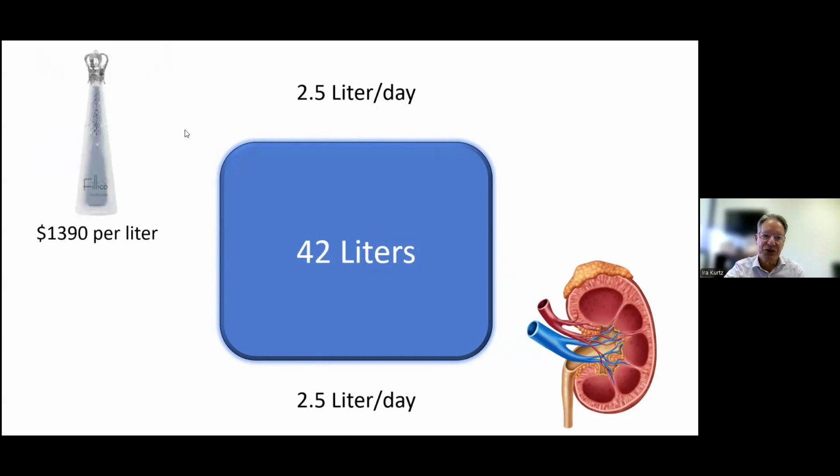So that's why it makes no sense to drink very expensive drinks. There's all sorts of voodoo and magic out there. This is the most expensive water in the world. I think it's a Japanese water called Filico. It's over $1,000 a liter. And there are people who think that this is going to give them great health. And all they're doing is putting this bottle into the urine every day. So it makes no sense at all to drink very expensive drinks and think you're doing something.